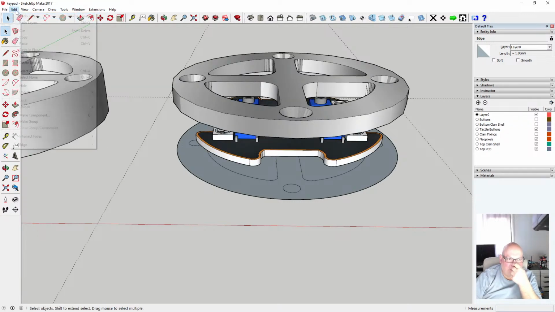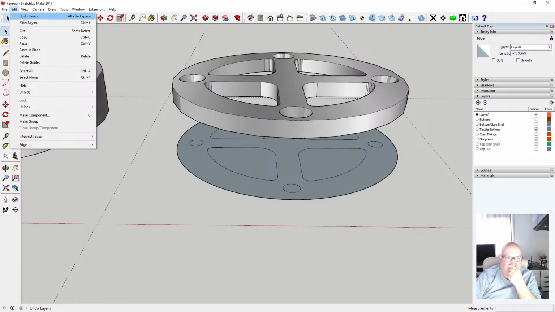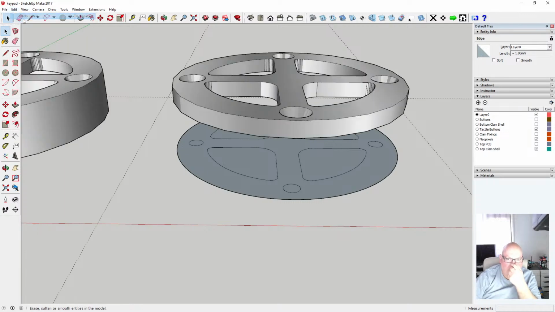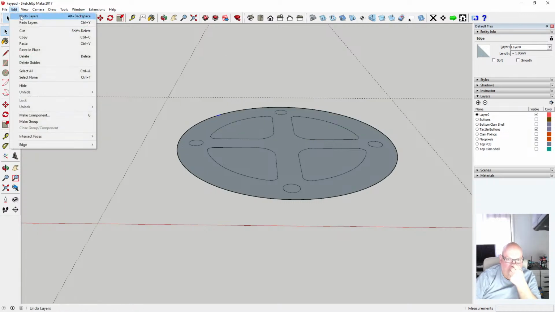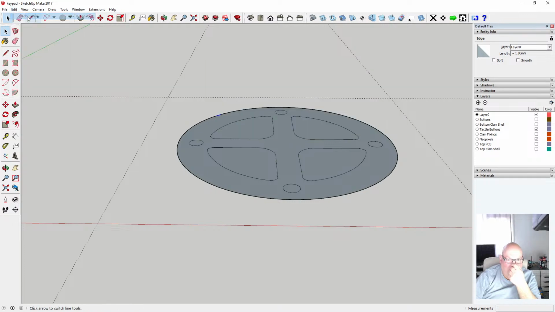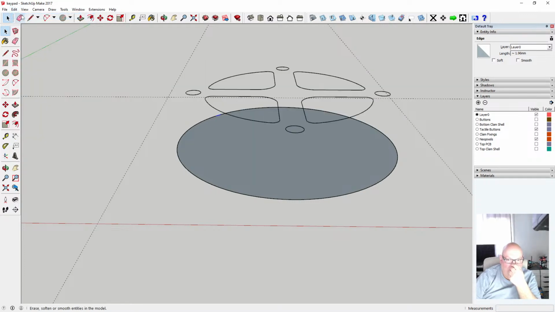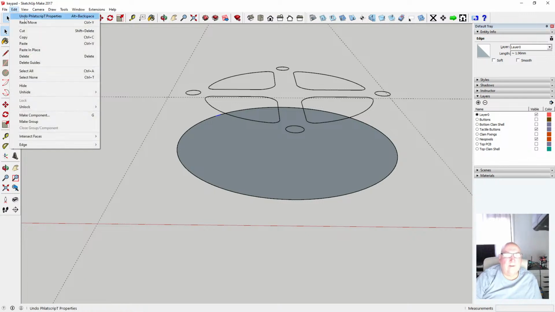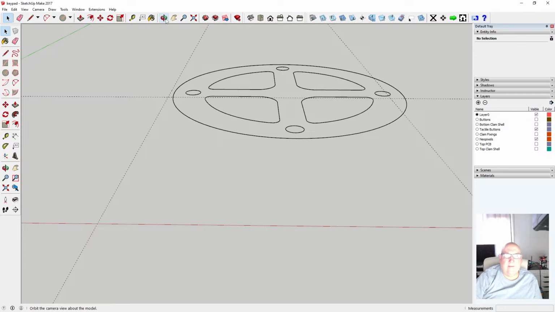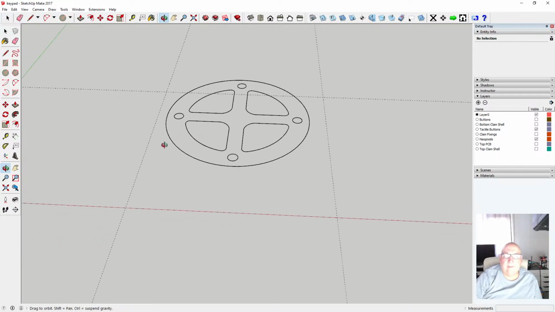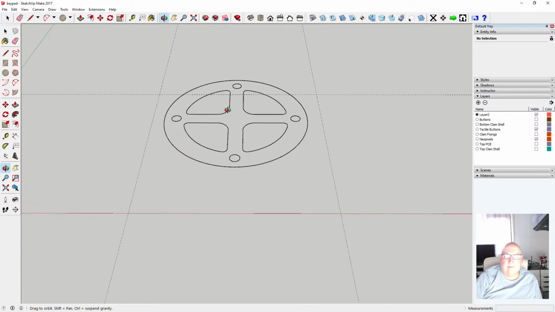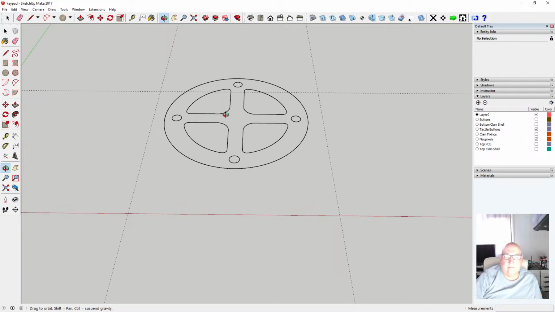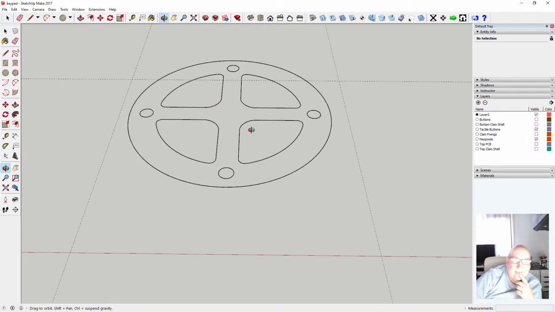Undo layers. What's it doing? Undo move. Right, undo flat script. Right, we're back there again. So, what I need to do is